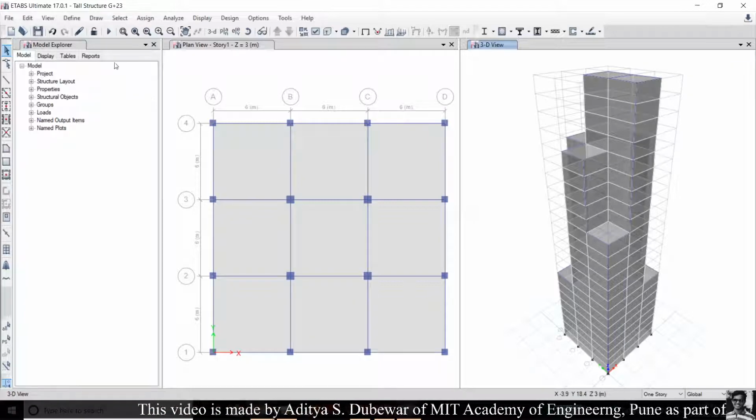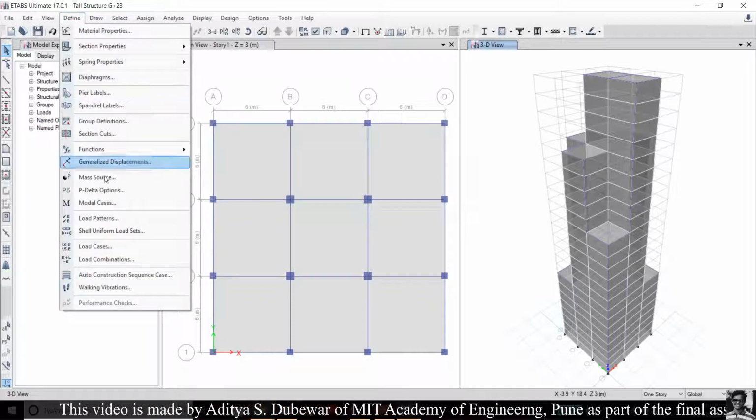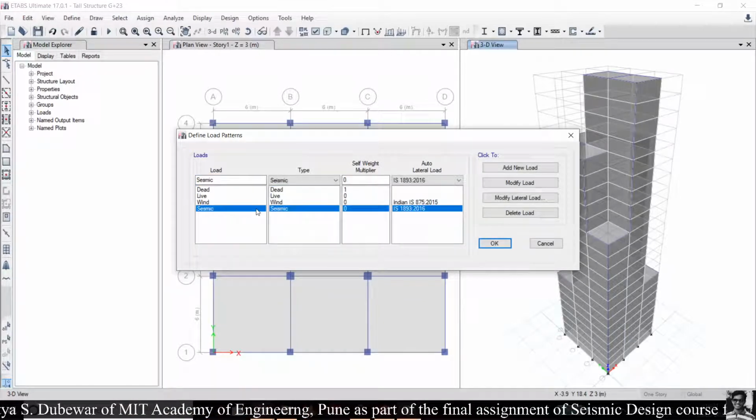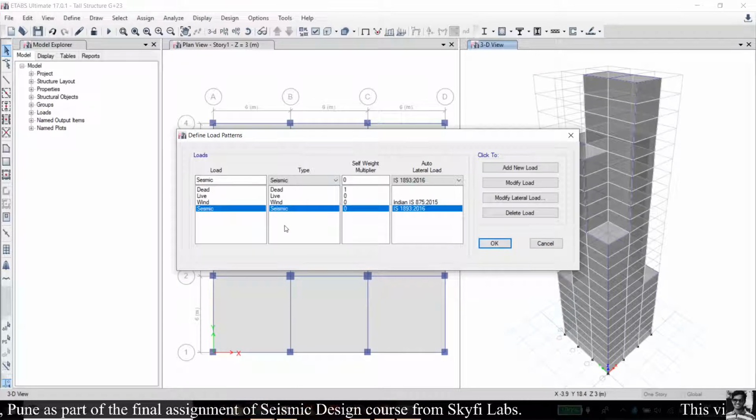For the seismic analysis, first go to define, then define the load patterns. Then add the seismic load and select the IS code as 1893-2016. As I already added the seismic load, it's showing this.